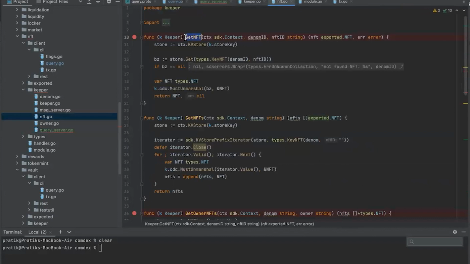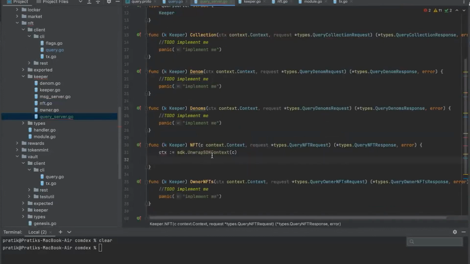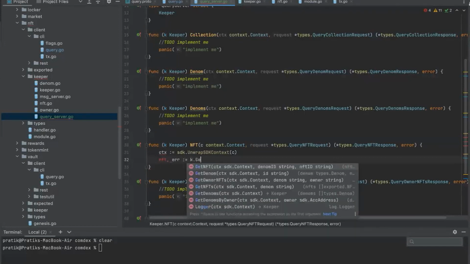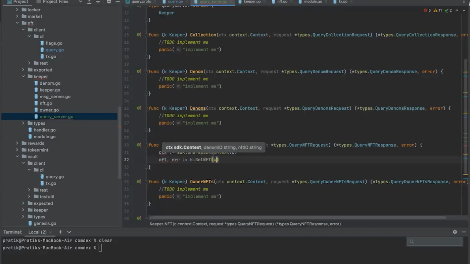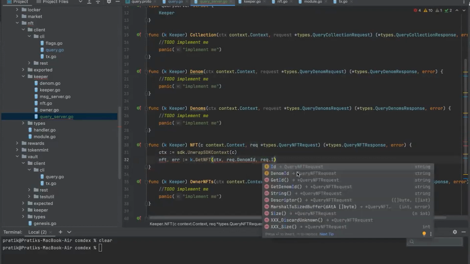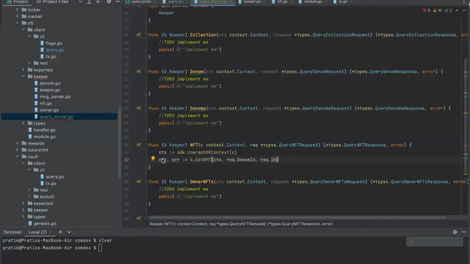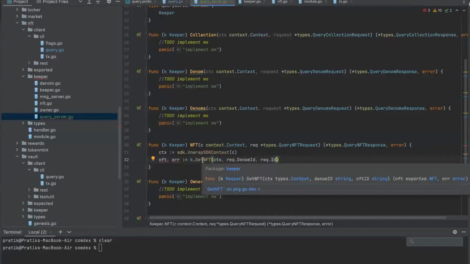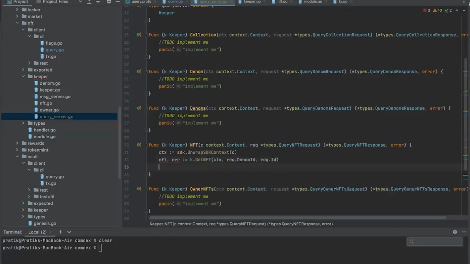go to the GetNFT function and just query it, call it here. What we can do, nft, err := k.GetNFT, and we can pass in the context, denomID, and ID, which can be called through this request. I'll shorten it: request.DenomId and then request.Id. Finally, this function is calling NFT of type exported NFT here and returning an error as well if there is any error. Okay, so we are handling the error